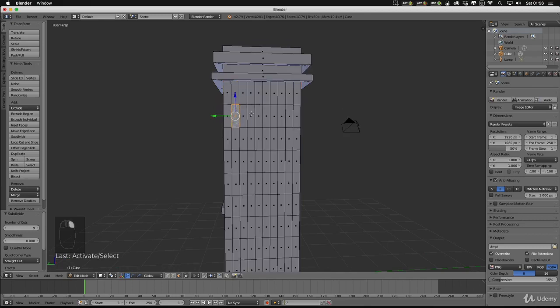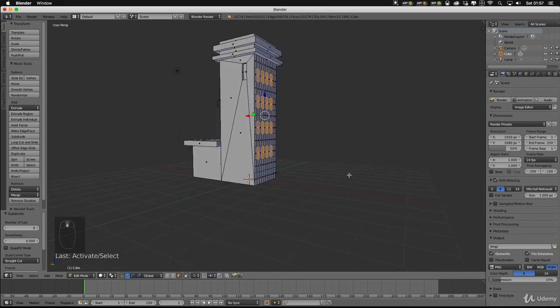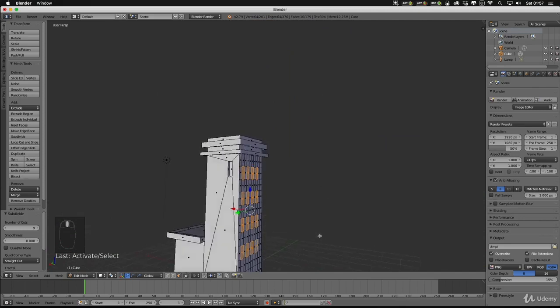And then I'm just going to, holding down shift, select just every other one of these faces. So you can do yours however you want. I'm just going to do mine like that. So now I've selected all those faces.